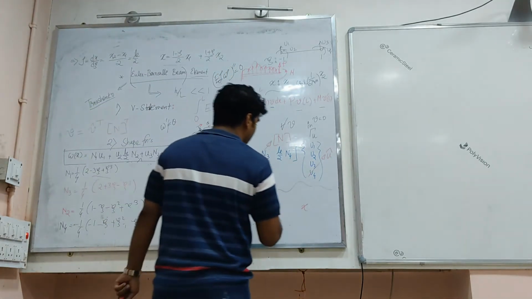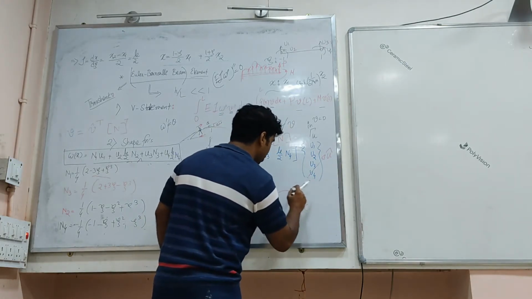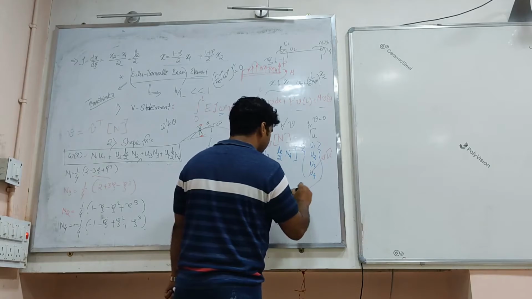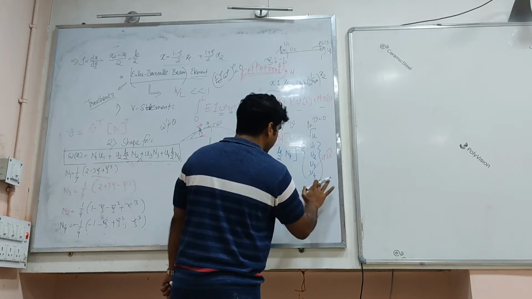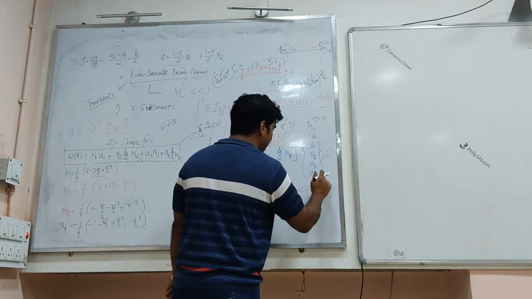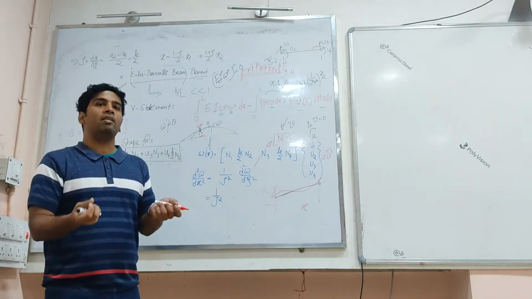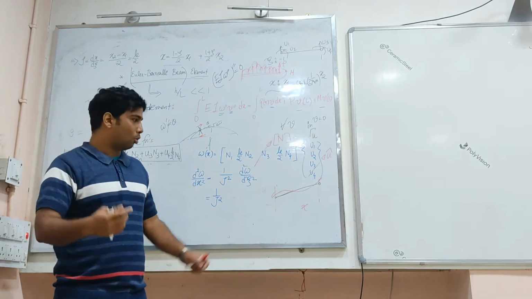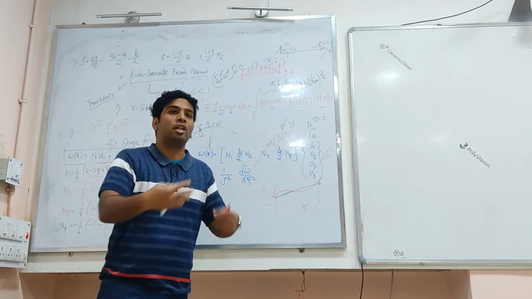So if I take only a single element, it should probably give me this. This is just basic. Typically, the finite element solution is smaller than the exact solution. It is said that the stiffness of the finite element model is typically slightly higher. The coarser the mesh, the higher the stiffness than the exact differential equation will predict.